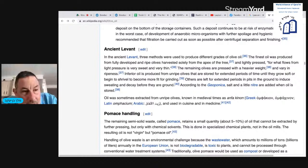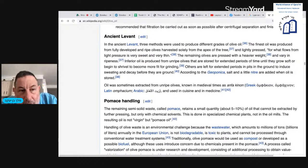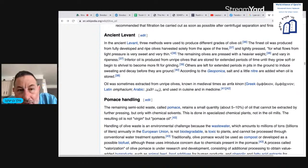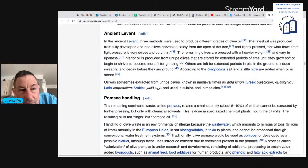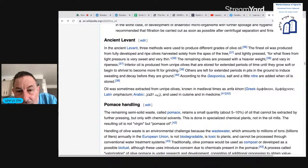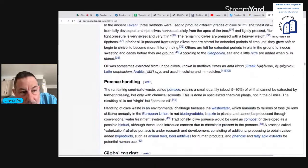So from the apex of the tree, the top of the tree, it's better quality olives because they're getting more sunlight, as opposed to the ones at the bottom of the tree, which don't get as much sunlight. And lightly pressed. Remaining olives are heavyweight and vary in ripeness. Inferior oil is produced from unripe olives that are stored for extended periods of time, grow soft, begin to shrivel to become more for grinding. Others are left for extended periods in pits in the ground to reduce sweating and decay before they are ground. Oil sometimes extracted from unripe olive, known in medieval times as anfakinon,